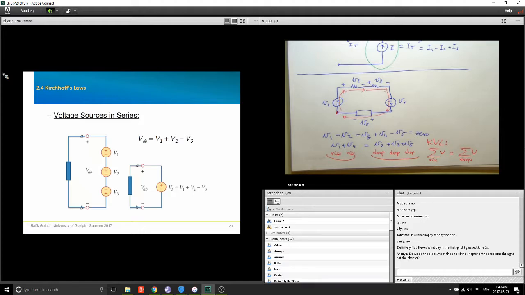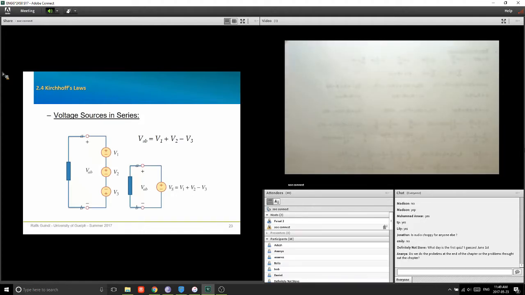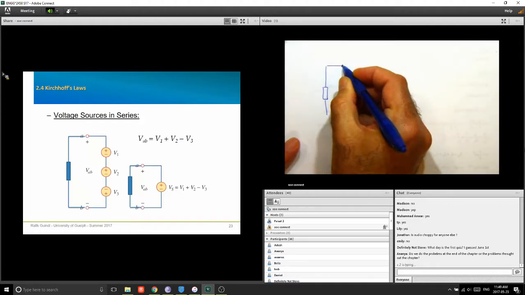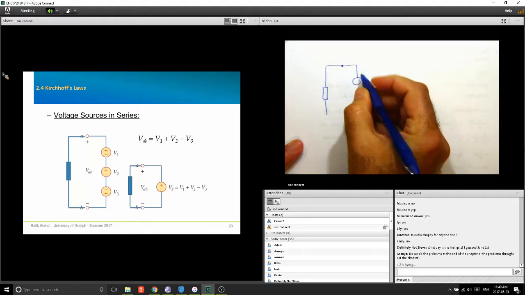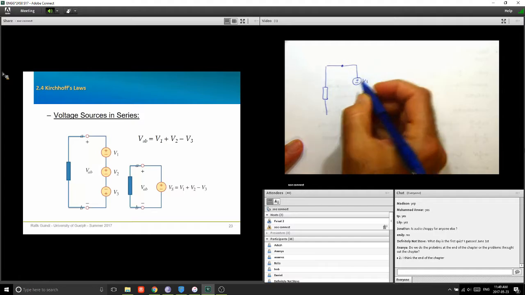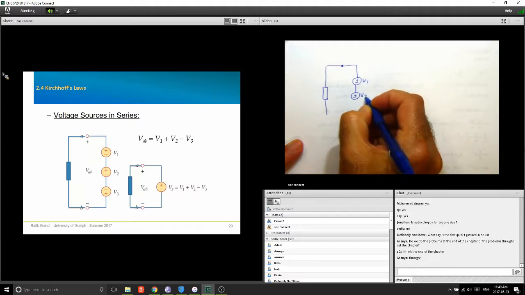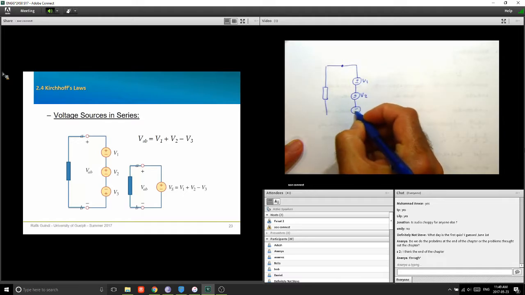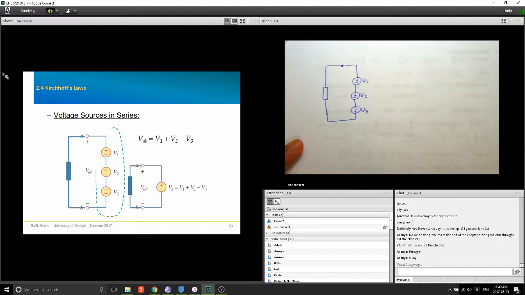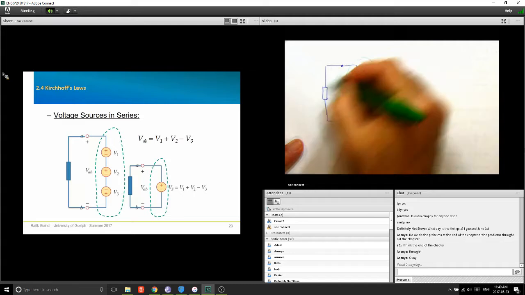Here we're going to apply KVL. So we have a circuit. Regardless of what element exists here, we discover that if you look at those voltage sources, V1, V2, and V3, if you look at all of these together,